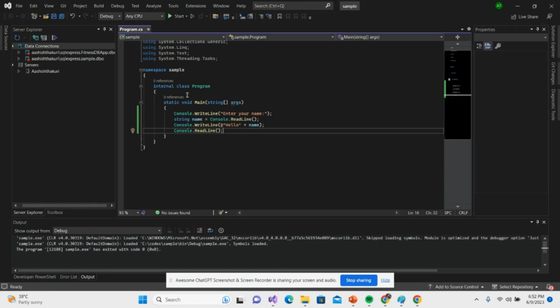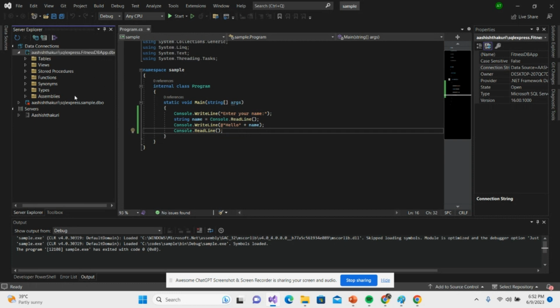So now I'll be talking about object-oriented programming. What is object-oriented programming? Object-oriented programming organizes code around objects, which are instances of classes. So I'll be using different classes so that I can reuse them. For example, if I have to make an SQL connection, here you can see I have already developed an application for best fitness. I have to use an SQL connection over and over again. So I will use a class and I can use that connection over and over again. This is the advantage of using this